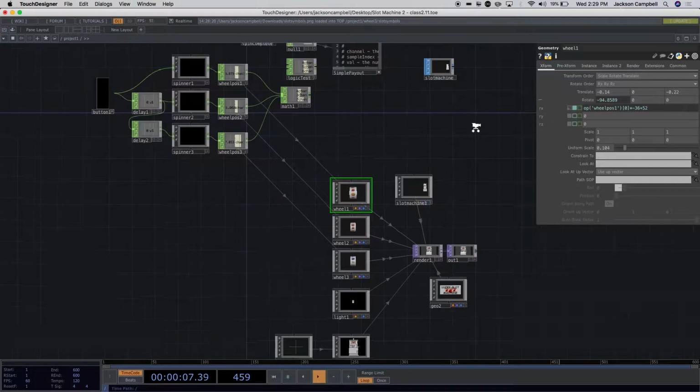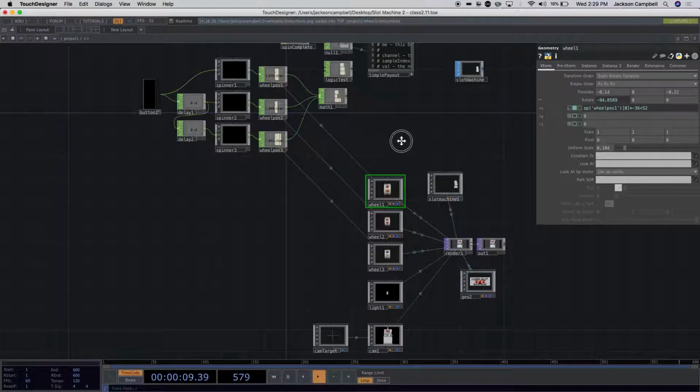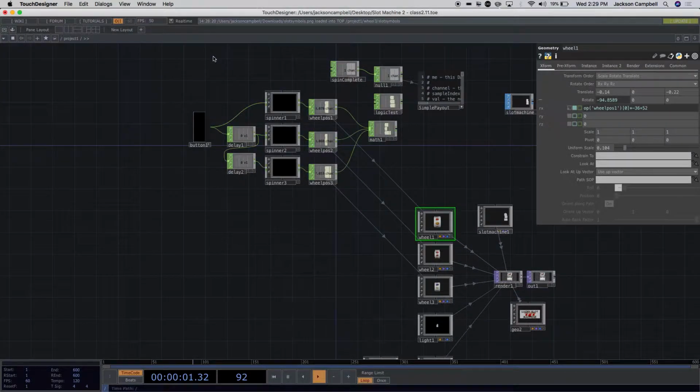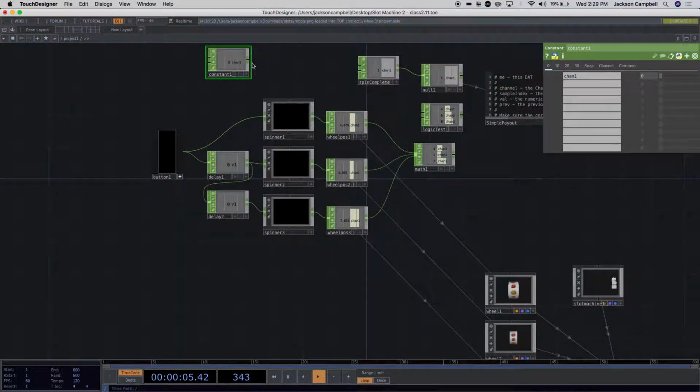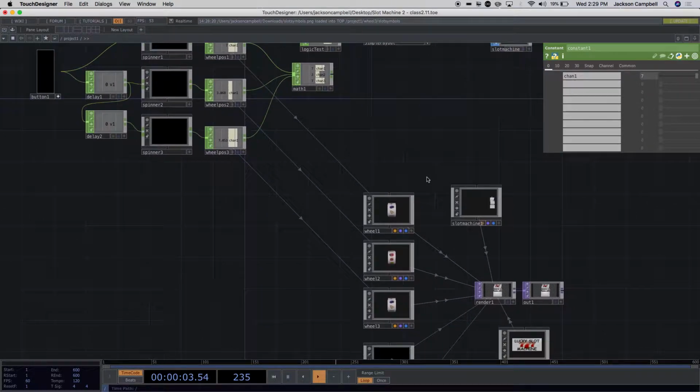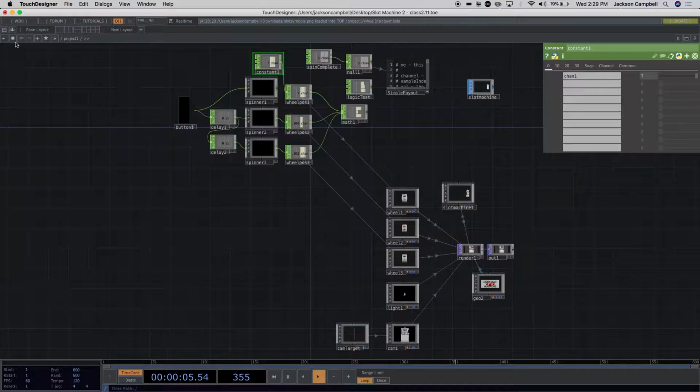So in order to force this wheel to be 7, let's just go ahead and create a constant up here and plug that into the wheel post, or this null coming out of your spinner 1. That way we can override what spinner is saying and just set it to be what we want. And now change this constant to have a value of 7. And now take a look at your